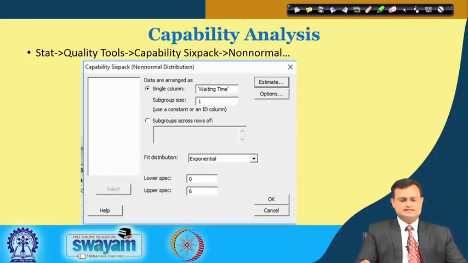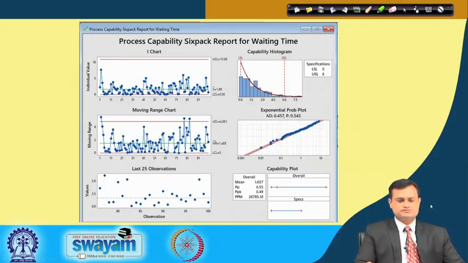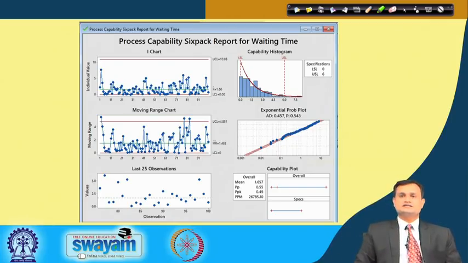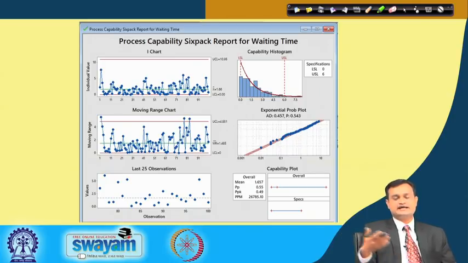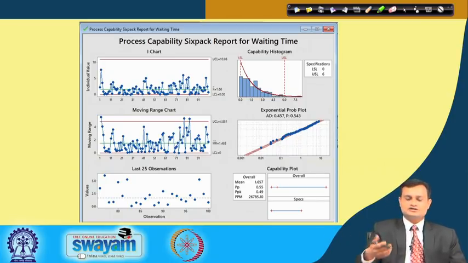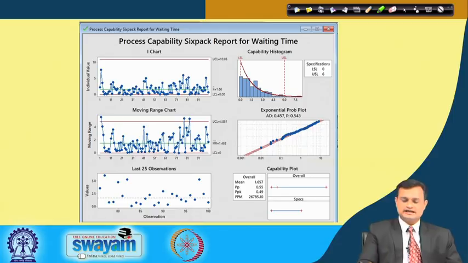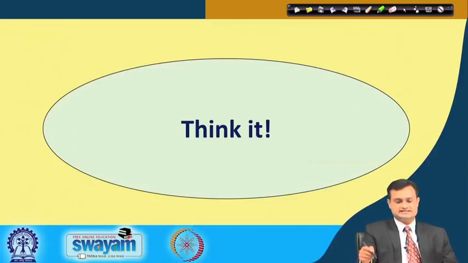So this is the capability analysis 6-pack that will also help you to understand the capability of your process. The output will give you 6 different displays in one window: the R chart, I chart, stability of the process, then observations plotted over a period of time to see whether a trend exists, then normality through histogram as well as best fit distribution, and then process capability indices.